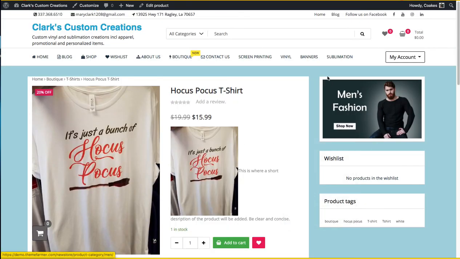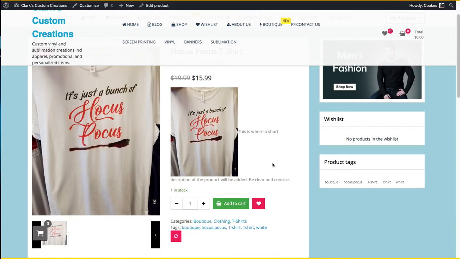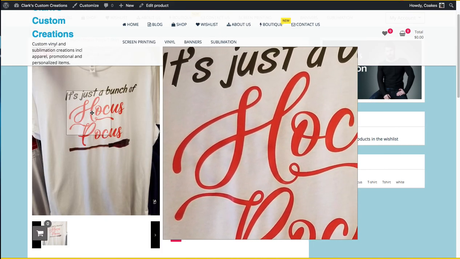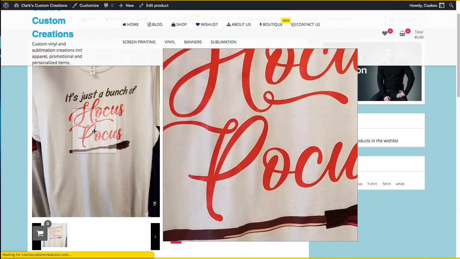Now, over here on this side is what's called a widget area. In another video, I'll explain how to either get rid of that. You can either eliminate this widget area, move it over here on the left, or leave it on the right. It comes standard on the right. It's a very good way to promote additional products. But some people don't want it; they want their products on a single page. Okay, and of course you notice it. You hover over and you got that. All right, well, let's go back to the dashboard now,